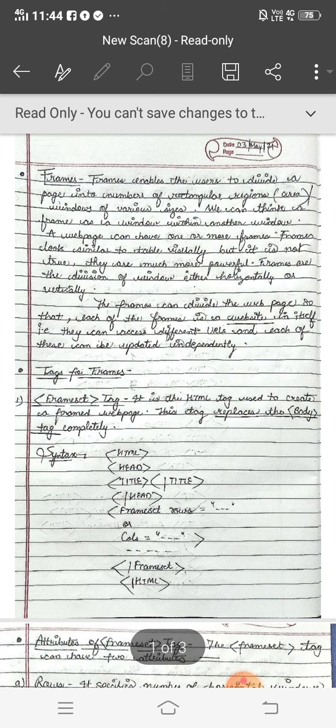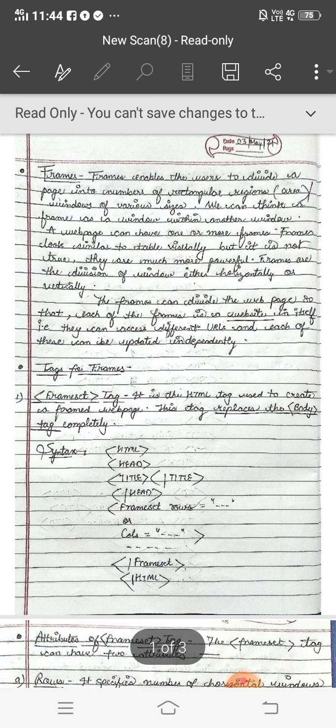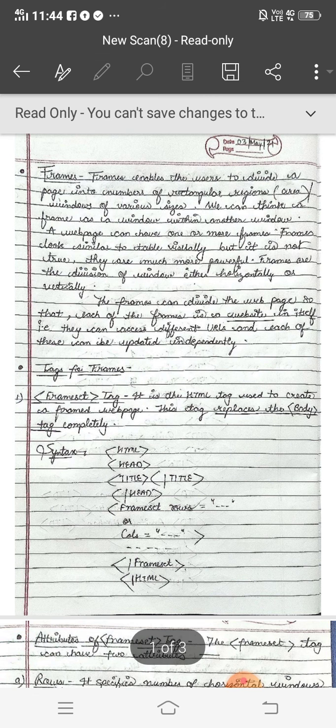So now the tags for frames. First there will be the frameset tag. It is important to note down, we will not use the frame tag first; first the frameset tag will be used, without a space. It is the HTML tag used to create a framed page. This tag replaces the body tag.